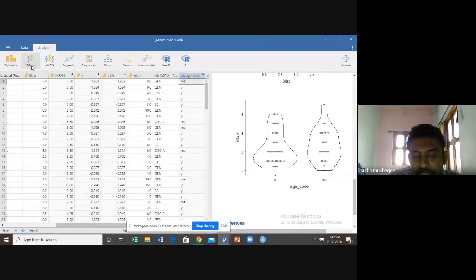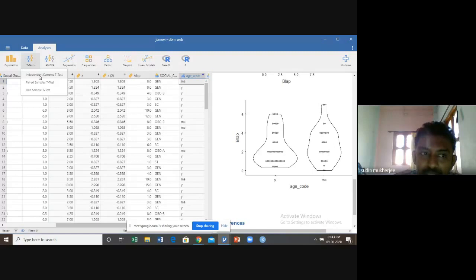Now, using Jamovi, how can you perform the t-test? Just click on this t-test. If we click on t-test, there are three options. One is independent sample t-test, one is paired sample t-test, and another is one sample t-test. Now the question is, when do you use independent, when paired, and when one sample.